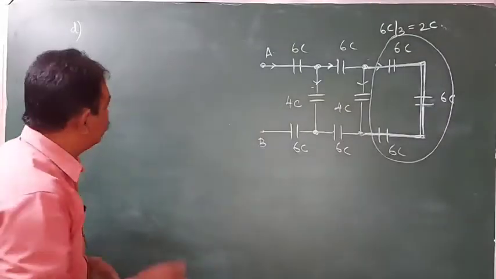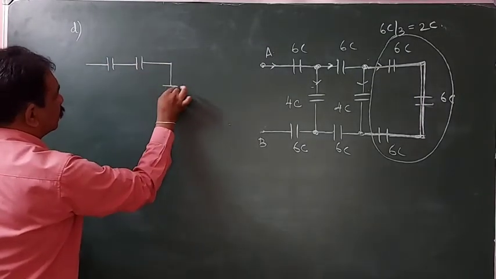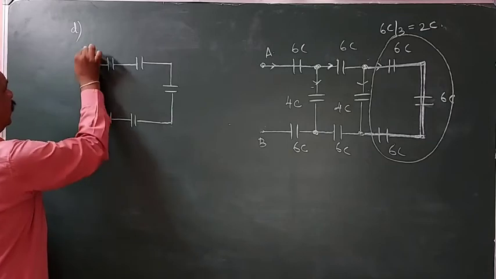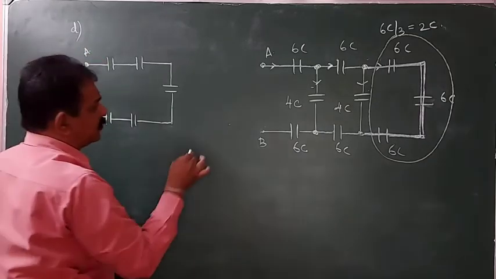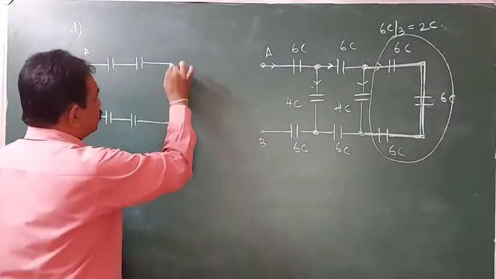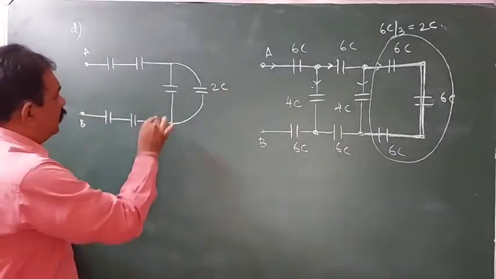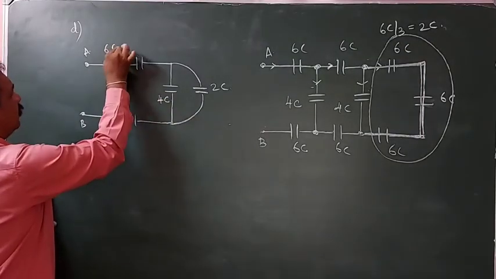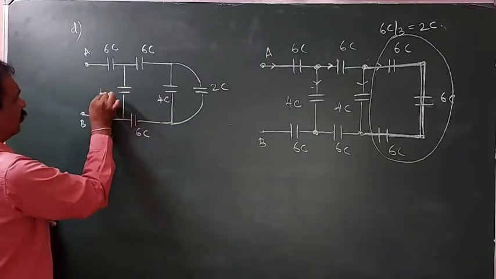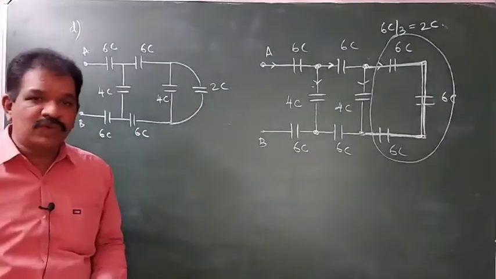Again, if you redraw the diagram, write it down at the start; later on, with practice, there is no need to draw the diagrams. Simply by removing these three, we can replace them with a single capacitor having capacity 2C. Here 4 is there, this will be 6, 6, 6, 6. Here it will be 4. Clear?